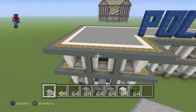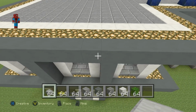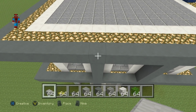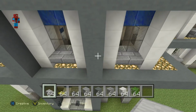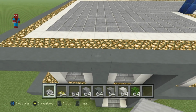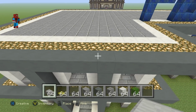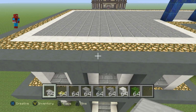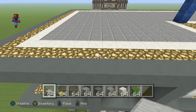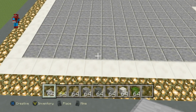So, once you have all of those materials, come all the way up to the top front of your police station. You want to be just above the entrance right here, and it's important that you're just above the entrance because, can you see where we have these cyan lines, these cyan stained clay lines, like connecting the top of the station to the bottom of the station? Well, we want to take this row of 6 cyan, that's 1, 2, 3, 4, 5, 6, and we want to follow this row of 6 along, and we want to count in, and we want to find the third row of andesite in the roof. I'll explain. So we want to come and find the third row of andesite following this line, that's 1, 2,